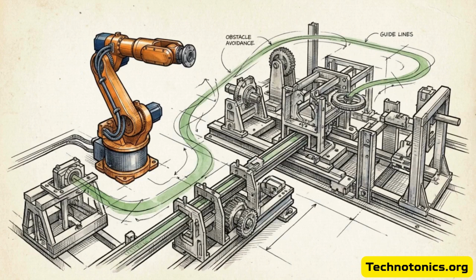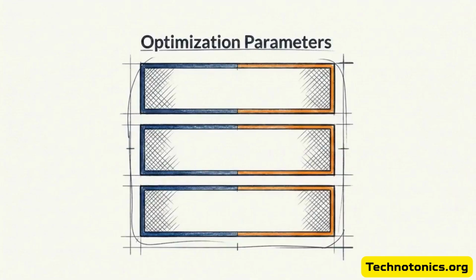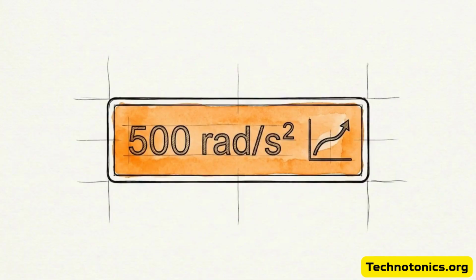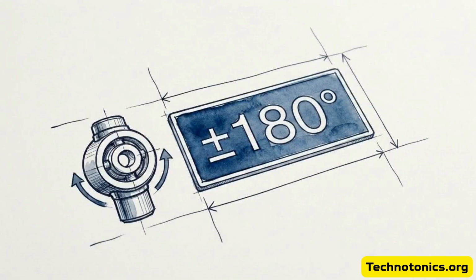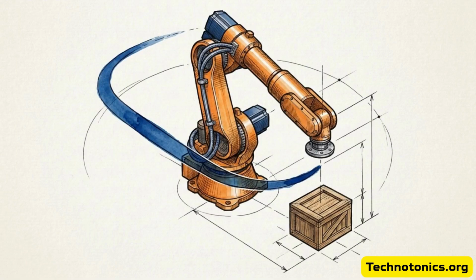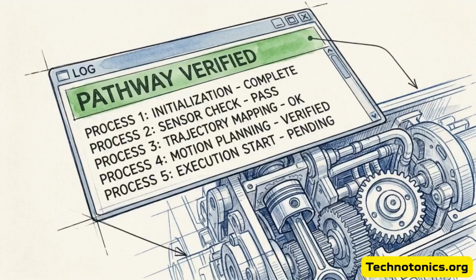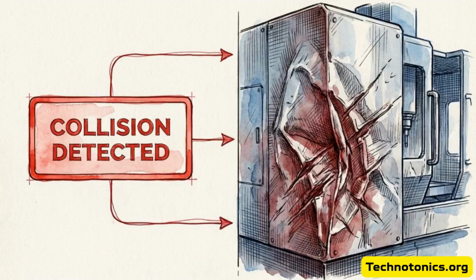To dial in that efficiency, we adjust specific parameters during the optimization phase: the travel speed, the acceleration curves, and the maximum joint limits. You know this step is complete when you can run the full simulation and see smooth, efficient trajectory lines alongside 0 flagged collisions in the software log. Software-level collision detection is the only barrier standing between a minor virtual miscalculation and expensive equipment damage on the shop